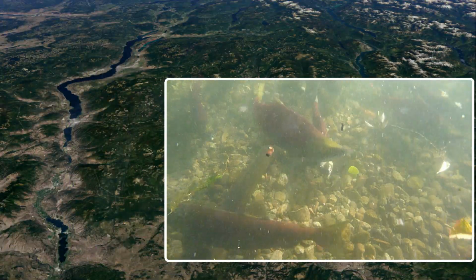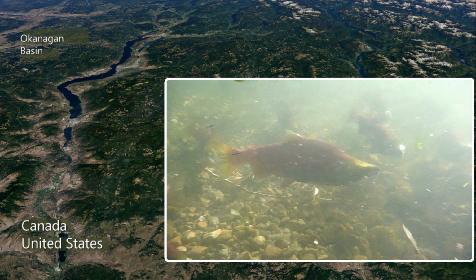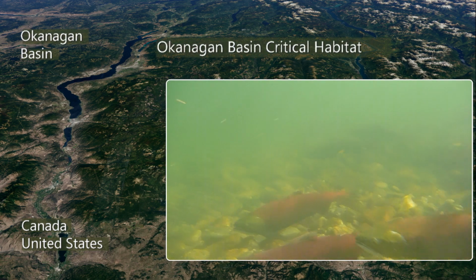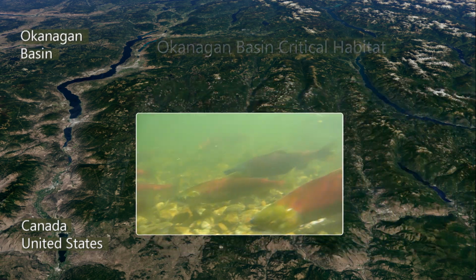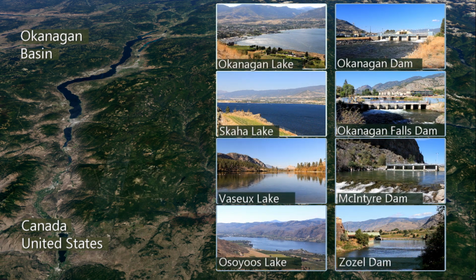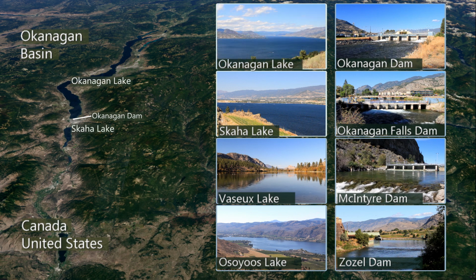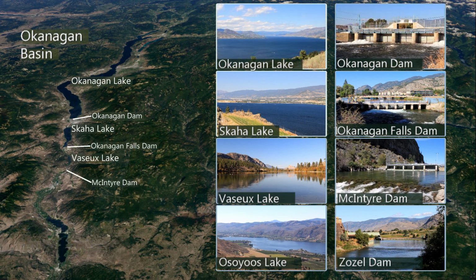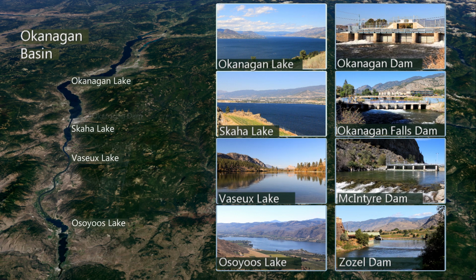Water management decisions that enable sockeye survival begin in the Canadian portion of the Okanagan Basin, a critical habitat for Okanagan sockeye. The Okanagan Basin is a complex water system. The Okanagan River starts at Okanagan Lake. Okanagan Dam is the control point for the lake. Water releases affect downstream lake and river levels. The Okanagan River travels through multiple dams, drop structures, and 3 additional lakes before entering the United States and the